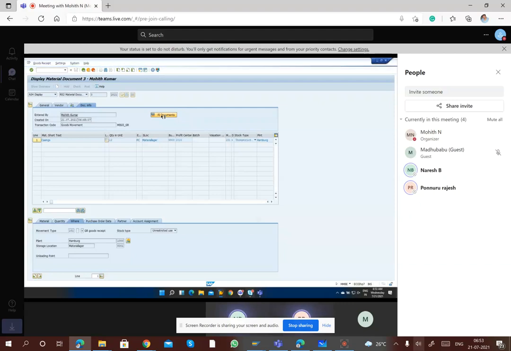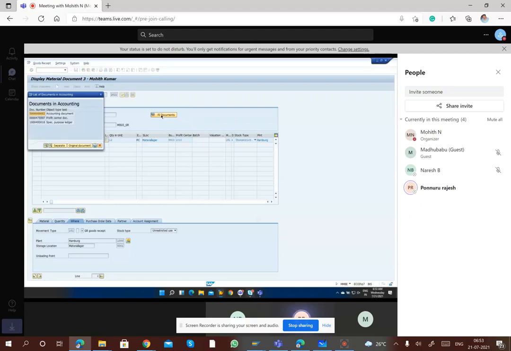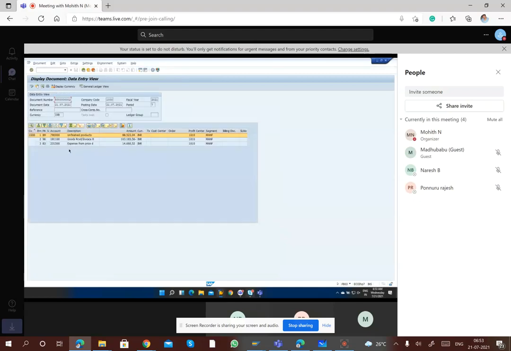Yes, it's increased. Which means not only quantity in your house, but also some value of amount is increased. In the same way, when you buy something, all accounting documents will also get generated in the background. I'll not explain about profit center and special purpose ledger, but let us go and see what an accounting document is. Okay, some 550 crores or something we got here.